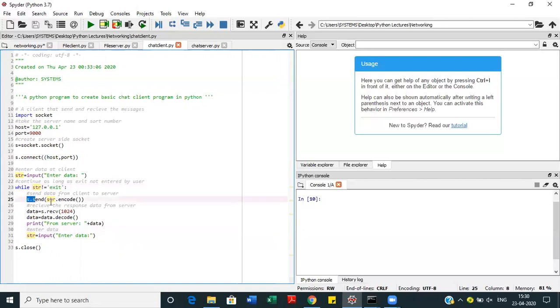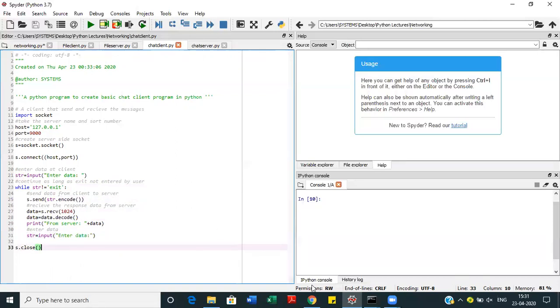So again, the client is sending the encoded data, which the server receives and decodes first, and then whatever data the server sends, the client will receive and decode. In this way, the communication will go on, and then again the command will ask the client to enter some other data.